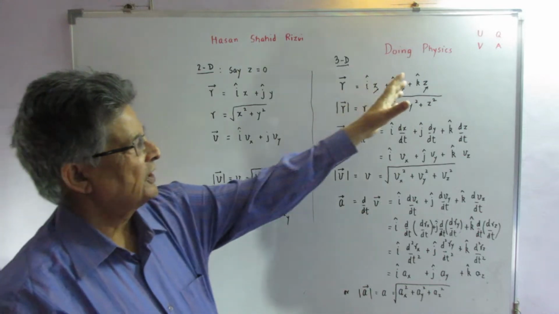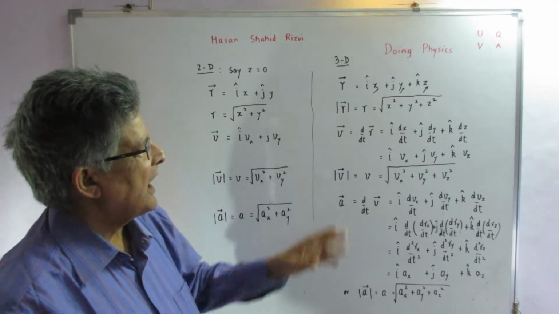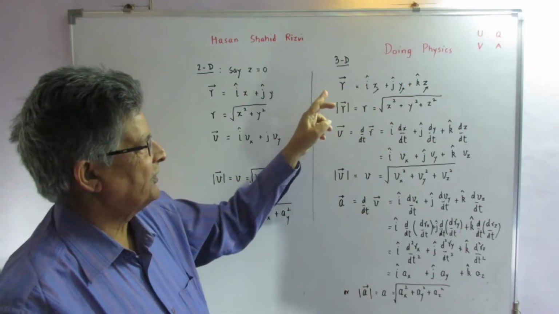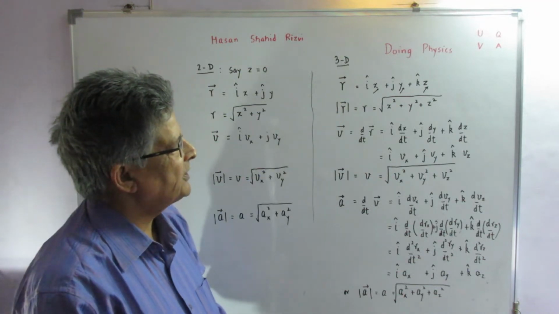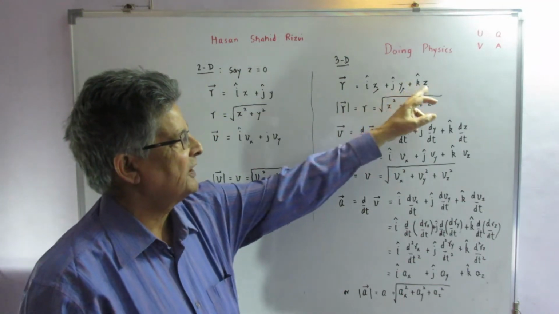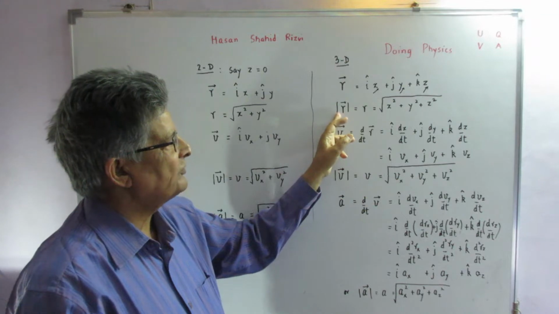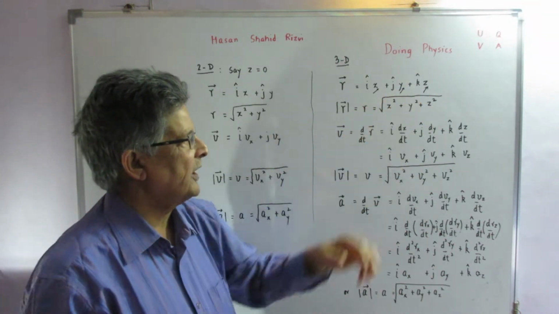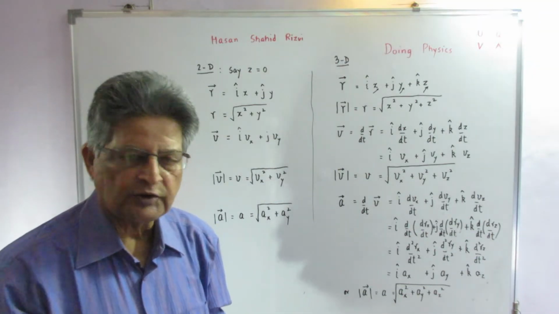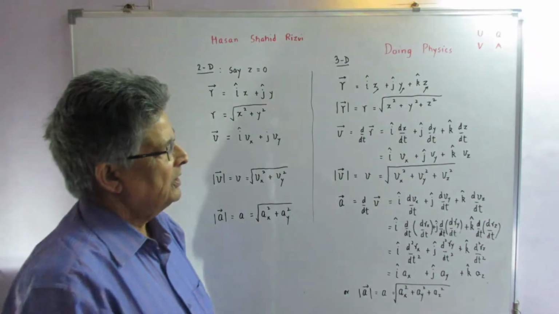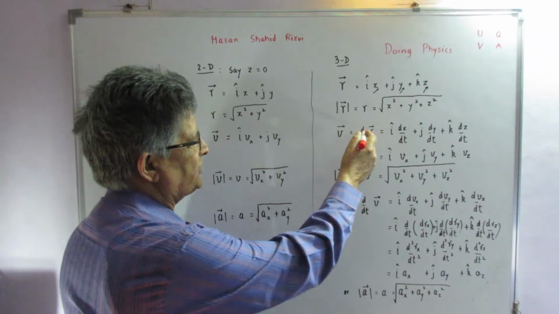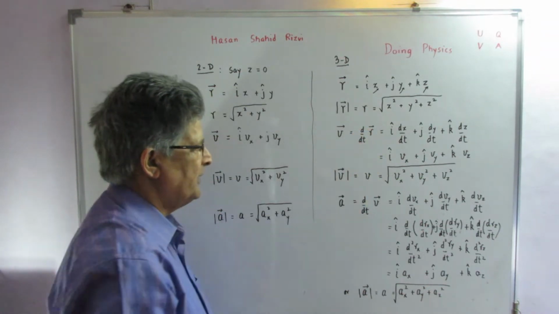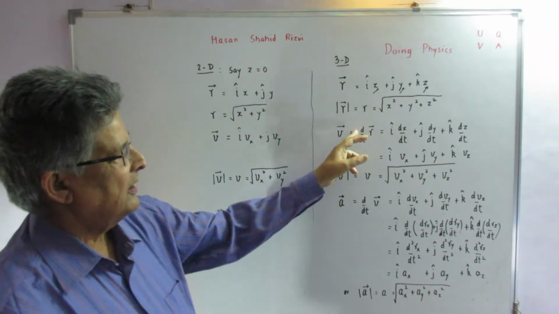follow certain things, and I told you that if this displacement r is written like this, then the magnitude of this displacement r is equal to under root x square plus y square plus z square. Also, by definition, velocity is equal to rate of change of displacement. So I